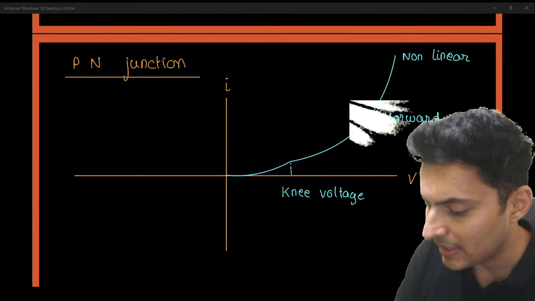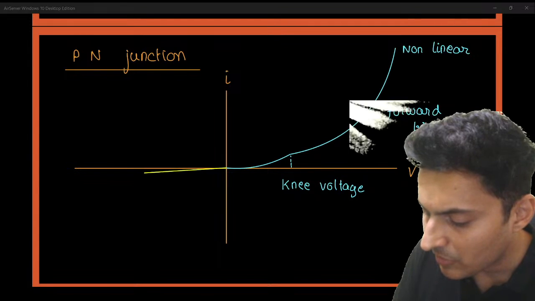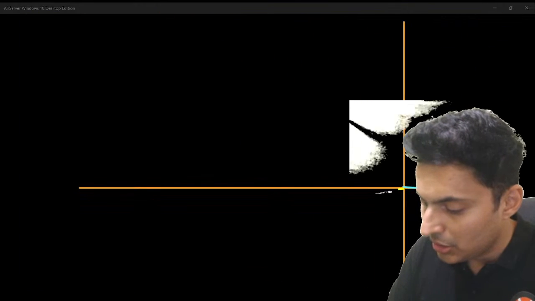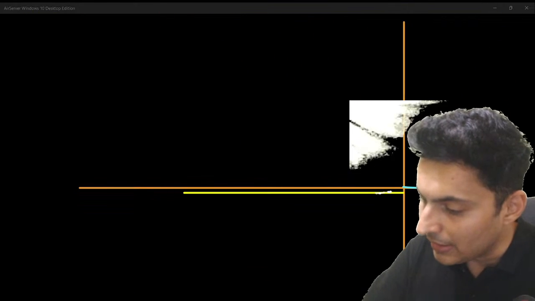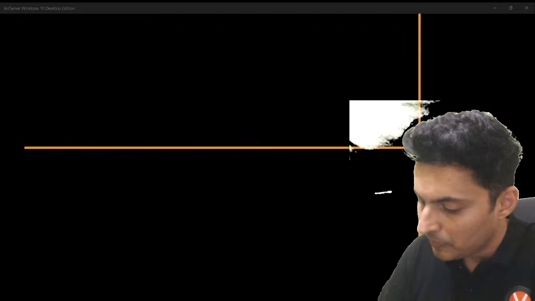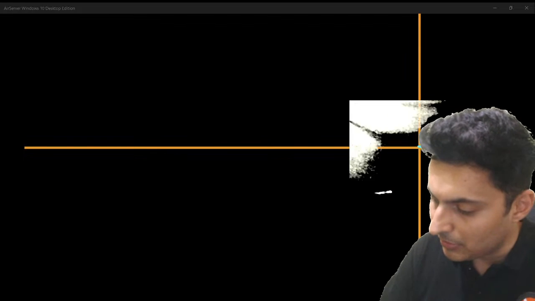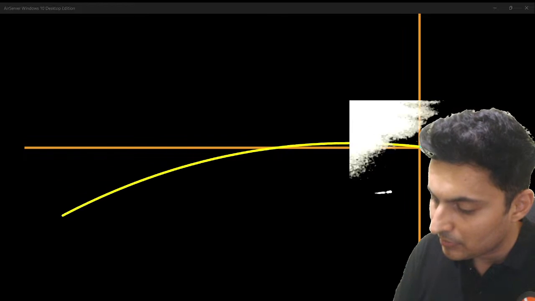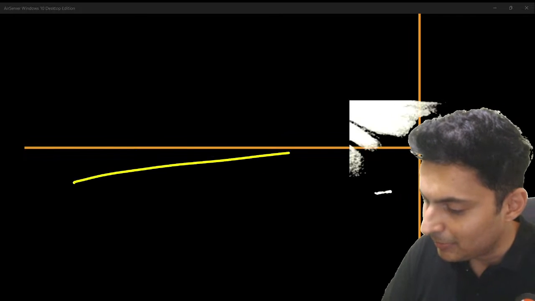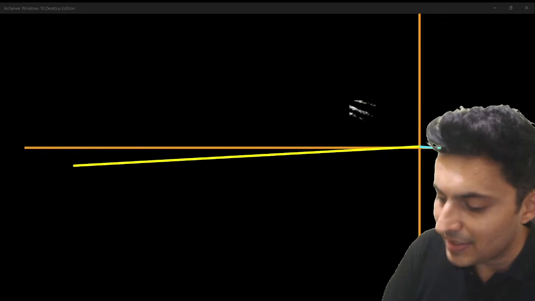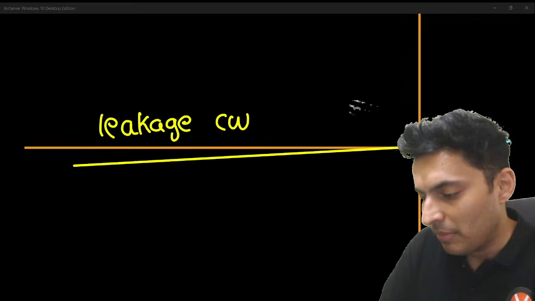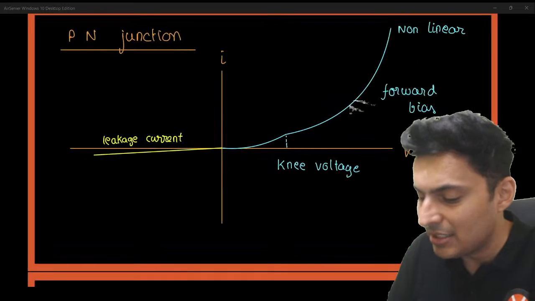Not just that, what happens on the other side? The currents are very less. Hardly anything. In fact, I'll have to zoom in a lot to show you any current. Hardly any current. My goodness, so difficult to draw this. Yeah. This is also called your leakage current, because it feels as if the current is leaking, and leakages are always small.